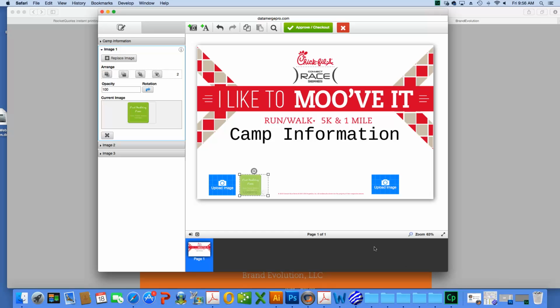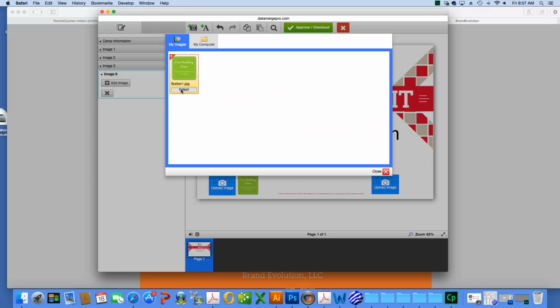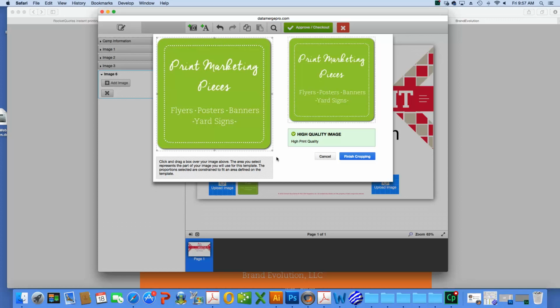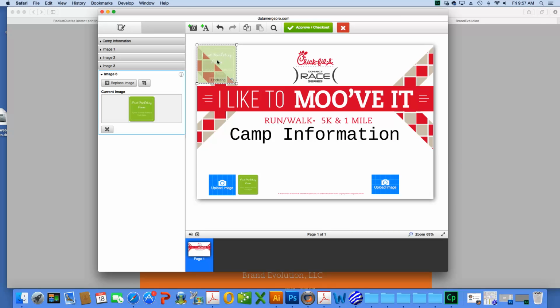So the customer can go ahead and put all their sponsor images. They can move them around wherever they want to put them on the screen. They can add images right here, add a whole new image button, and it creates the new image. It allows them to go in and crop it, and you can see that it tells them if the image quality is good, or if the image quality is poor, it'll tell them that that is the case as well. So you add this image in here, and you can just move them around wherever you want to put them